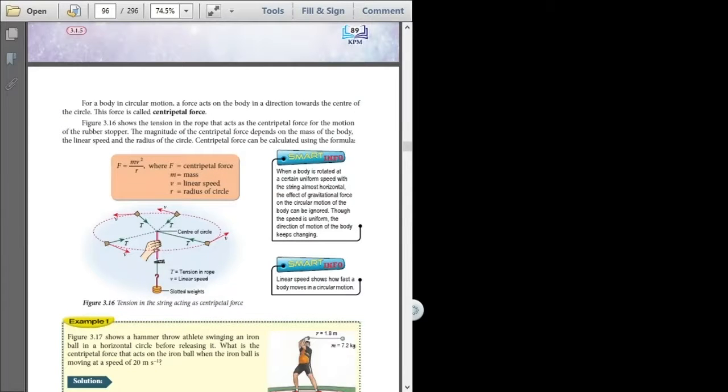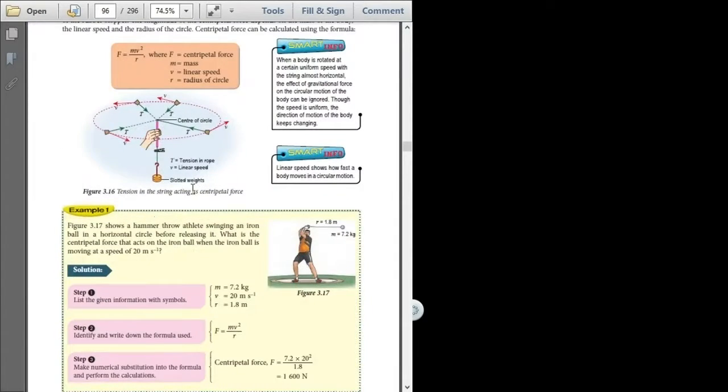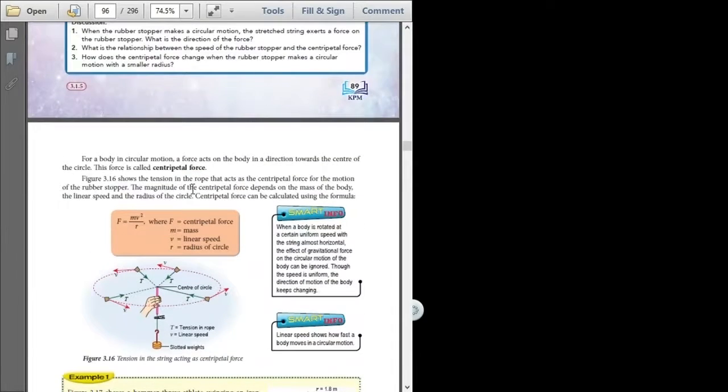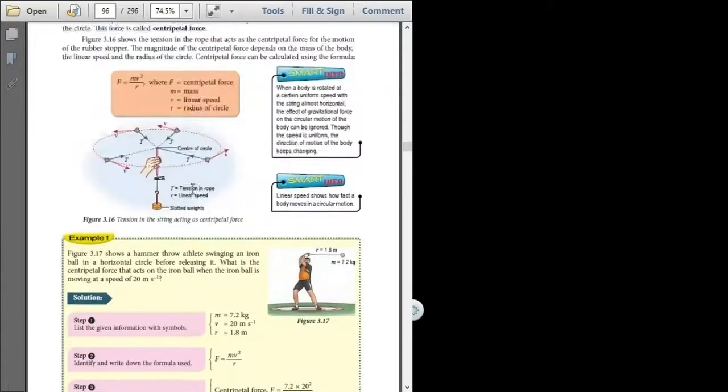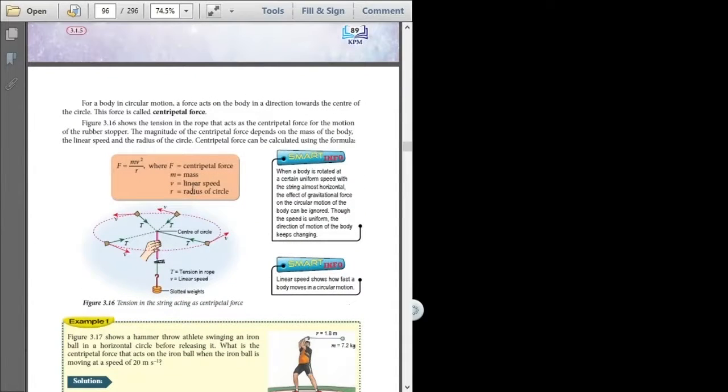Okay, in this video, we look into an example on how we can calculate the value of the centripetal force given in your textbook. You may turn your textbook to page 90 and look at this question. Okay, example number 1. So given there,